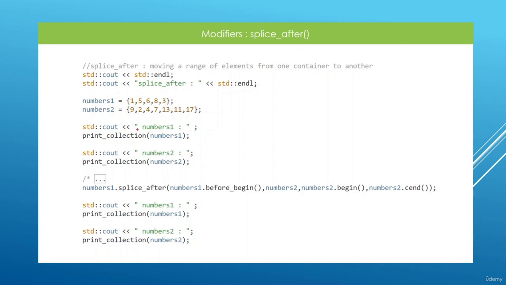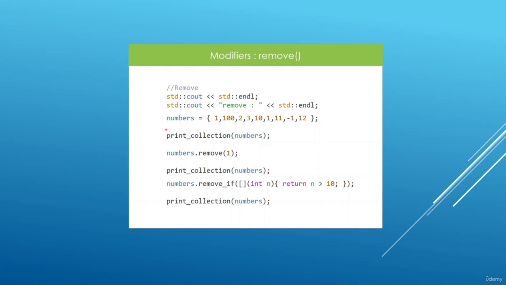So for example, here we can grab a range of elements from numbers2. For example, we can grab these numbers and put them back in numbers1, starting at a given index. We can do something like this. It is also possible to remove elements, and if we say numbers remove here, this is going to remove one